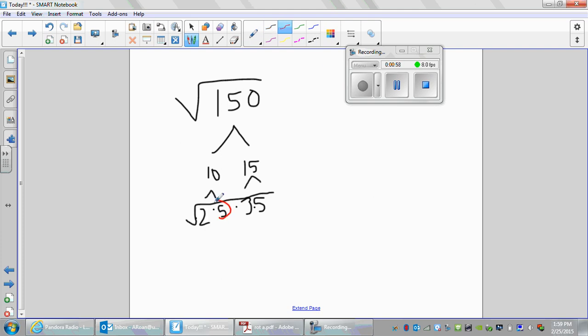So right here we have a pair of 5s. 5 times 5 is 25. So we pull out a 5. So 2 people on the inside equals 1 person on the outside. So we have 5 radical 2, 3, and then that will be 5 radical 6,